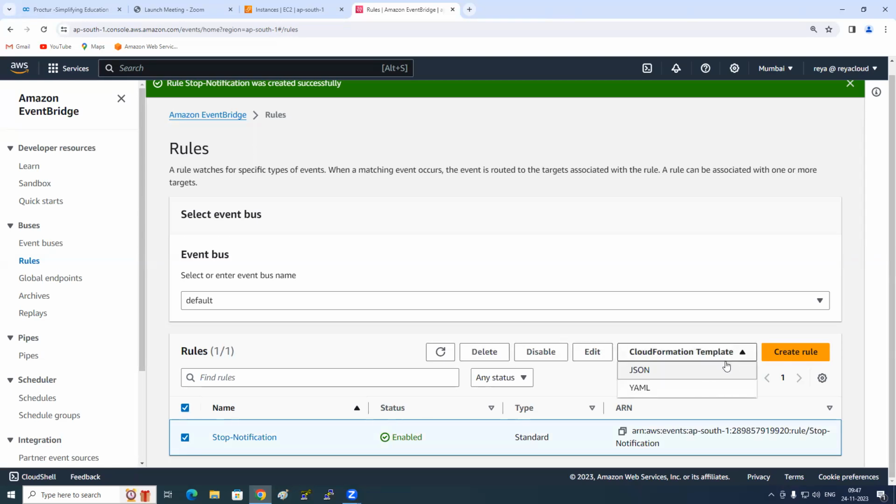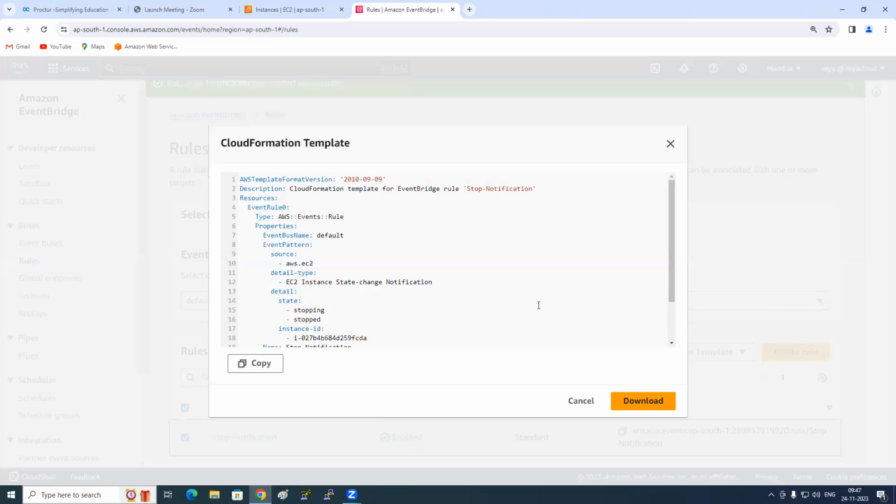So don't worry about this template. This is a service which I'm not touching because it requires a little bit of coding knowledge. This is called CloudFormation. What is it? One more time. Register in your brains. CloudFormation basically, let's say I created this rule manually, if you want to automatically create this rule,